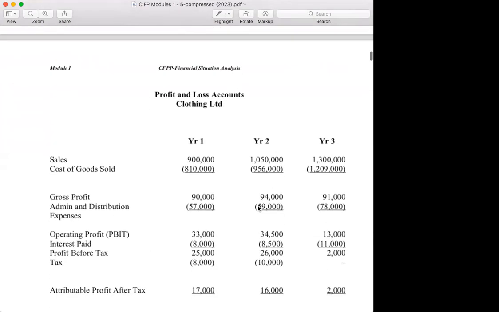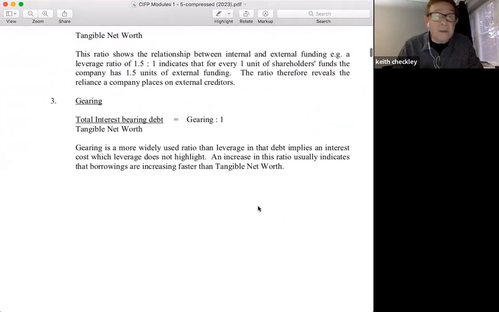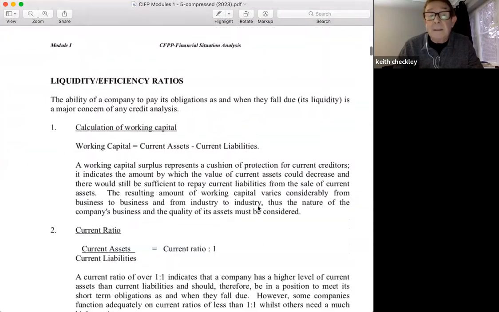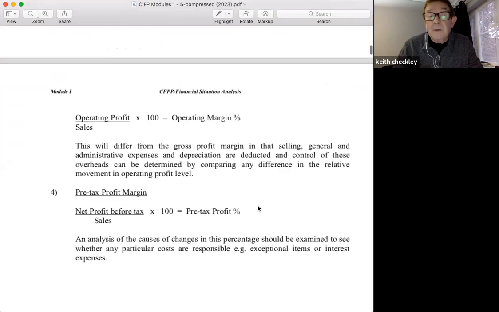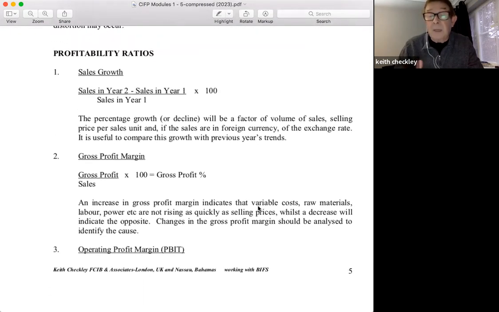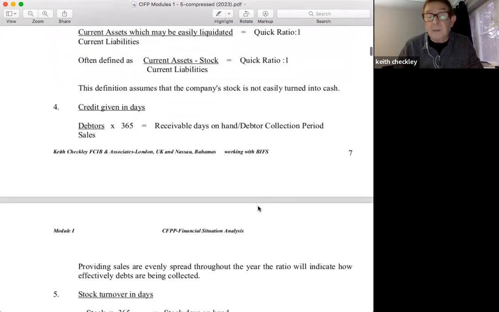Okay, great. So what we need to do then is we've been working our way through those first bunch of ratios. So you're going to have to focus on these profitability ratios, which come from the income statement. So we're going to look going forward a few pages.